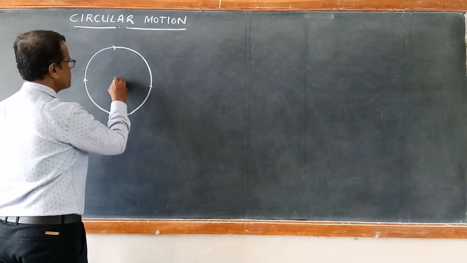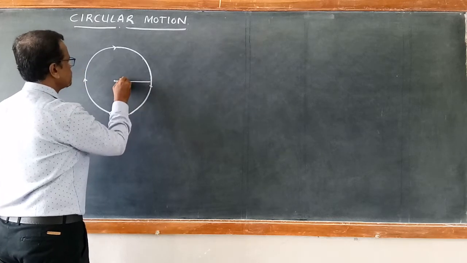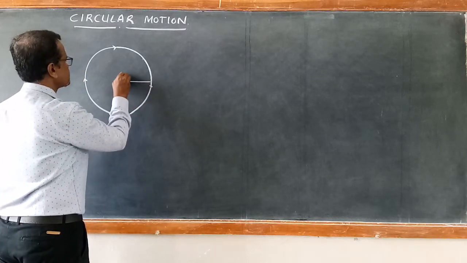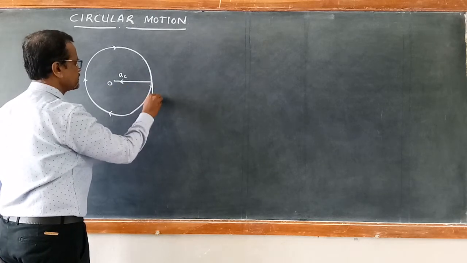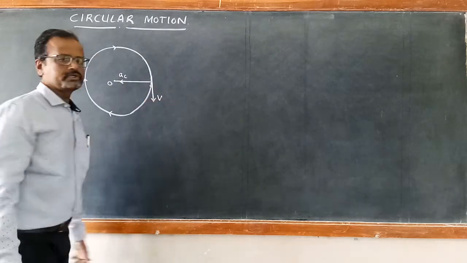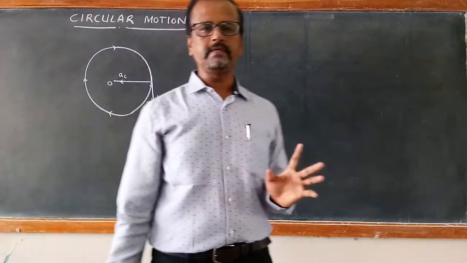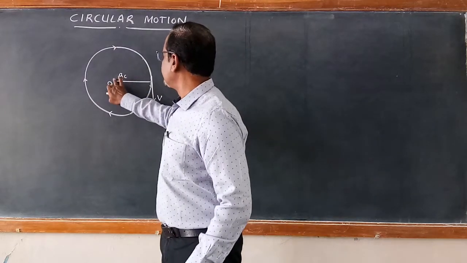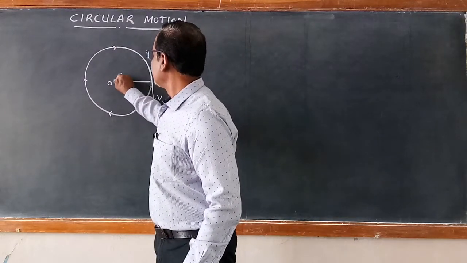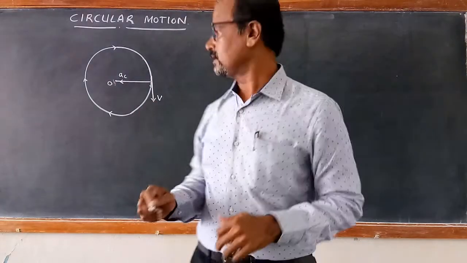It is experiencing a centripetal acceleration. The acceleration is towards the center. Already we have learned about this. If this is the linear velocity and it is moving with constant speed, undergoing a uniform circular motion along a circular path with radius r,